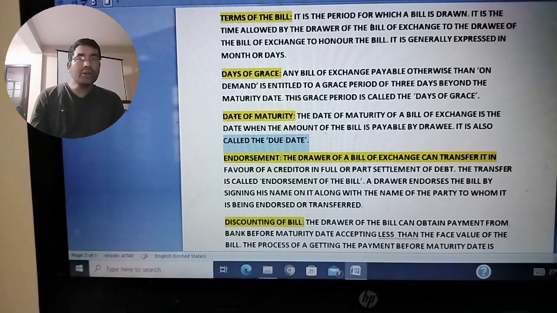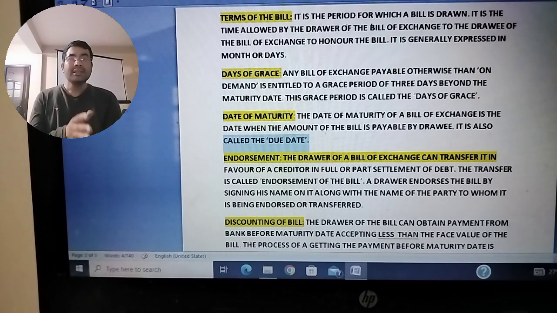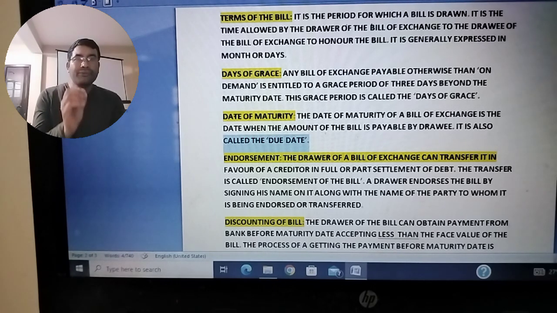Now we'll learn what we mean by days of grace. Actually, while discussing the terms of the bill, the time period is very important. If it is 2 months, 3 months, 4 months, then definitely the bill has to be paid within that term. Suppose someone draws a bill on 1st January 2024 for 3 months, then it will mature on 1st April 2024. January to February, February to March, March to April 2024. So it becomes due on 1st